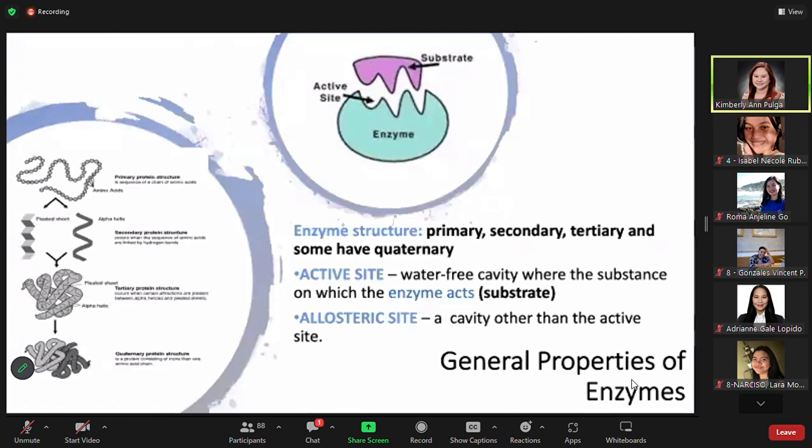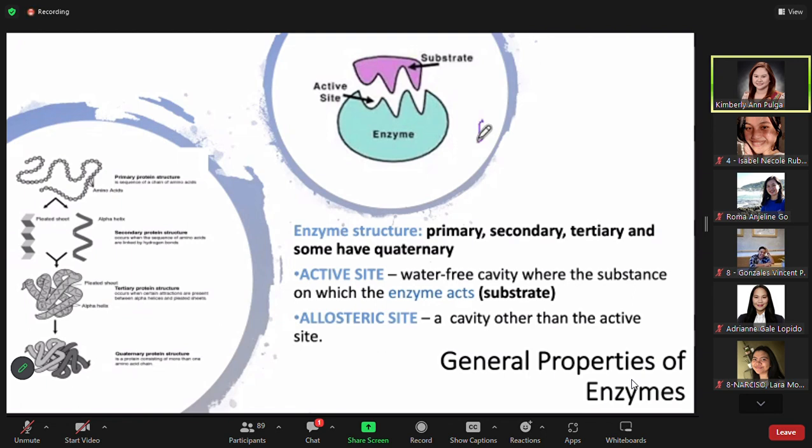So, first, we will have here the general properties of enzymes. Again, an enzyme catalyzes many specific physiologic reactions. No? Ang sabi nga ni Christian kanina, they accelerate the rates of the chemical reaction in the body. And ano sabi niya? Without being consumed in the process. So they do not become chemically altered in these reactions. So for the acceleration, kasi nga nag-accelerate, right? For the acceleration, it